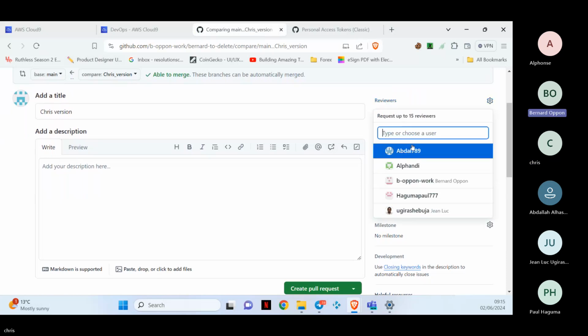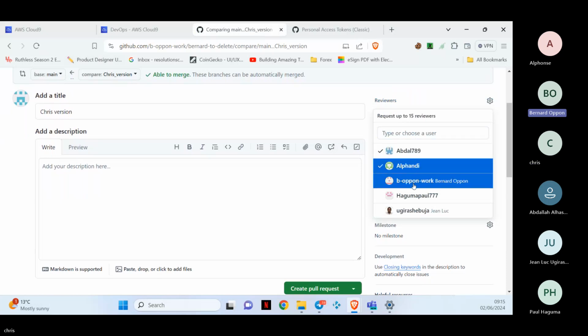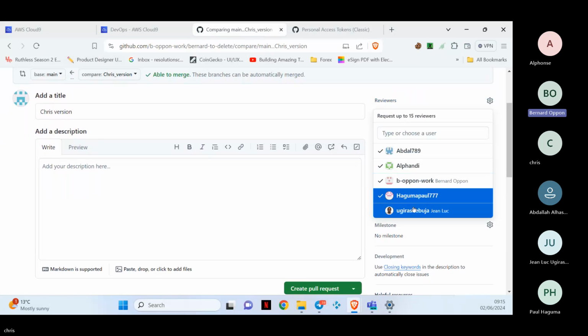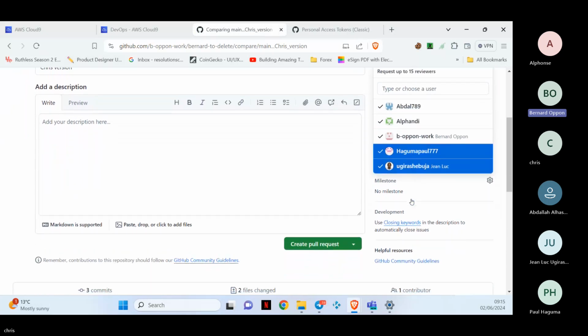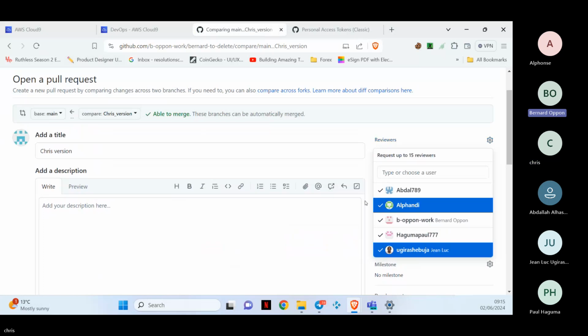You select them, and they will get a notification to say, oh, Chris wants you to review the changes that he's going to do. He's proposing a change to the project. Chris is proposing a change to the project. I want people to review it. And when those people are all happy, they will approve your review. They will approve the PR, and then we will all make a decision that, okay, we will add these changes